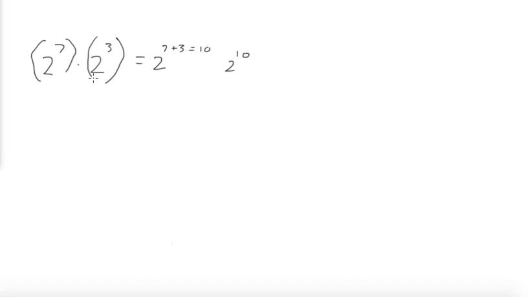And what does this represent? Well, this represents 2 times 2 times 2 times 2 times 2 times 2 times 2, okay? See how tedious that is? That's why this is much easier. Anyway, 1, 2, 3, 4, 5, 6, 7, and then that